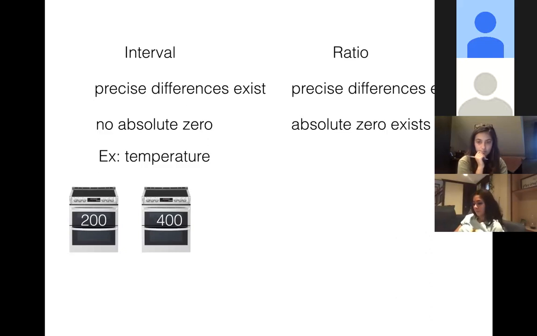And what that does is it puts us in a really funny spot. So here's what I'm going to ask you, something to think about for a minute. We agree that the number 400 is twice as much as 200, right? Fair to say? Can you say that the temperature that's 400 degrees is twice as hot as the temperature that's 200 degrees? What do you think? Can we get away with it? Say that again. Do you think we can say that a temperature of 400 degrees is twice as hot as a temperature of 200 degrees?